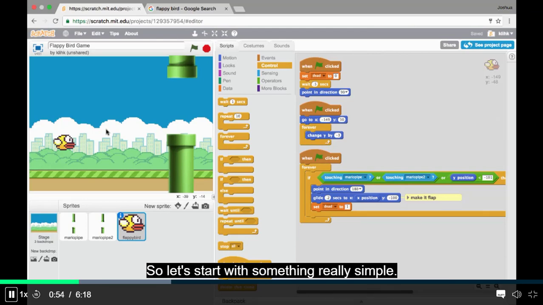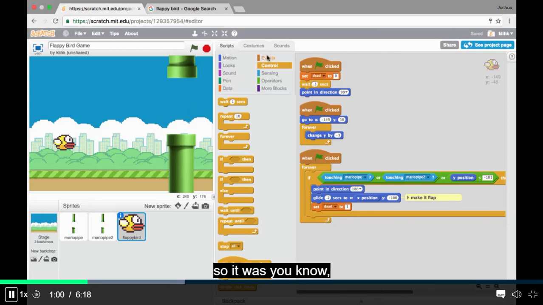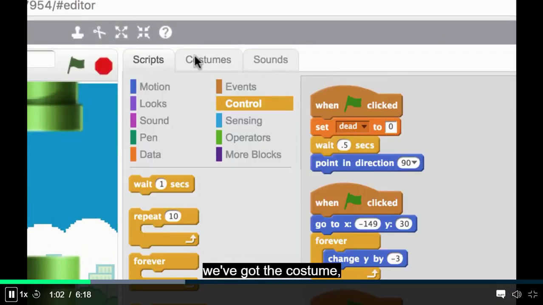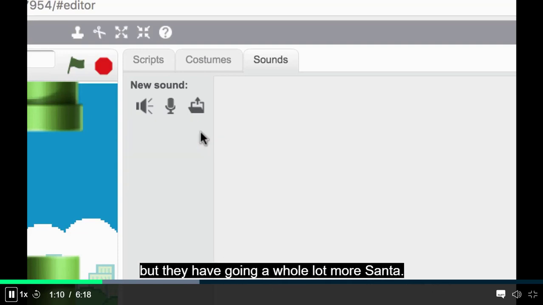So let's start with something really simple. How about adding a bit of sound, because at the moment our Flappy Bird is pretty quiet. Okay, so as you know, we've got the costume, the scripts, and the sound. They do give you the little pop sound, which is okay. You can choose it if you want, but